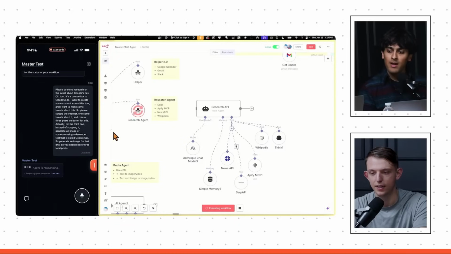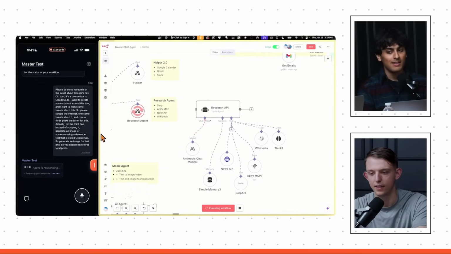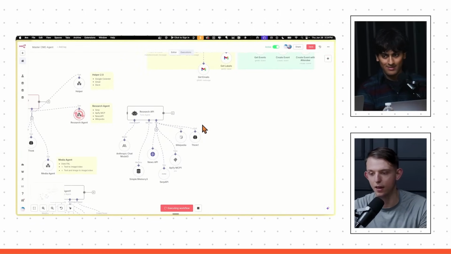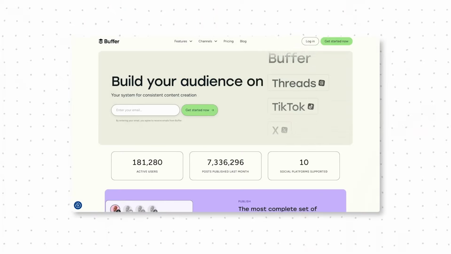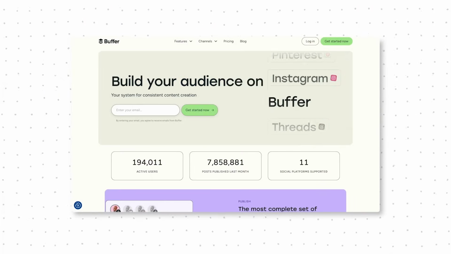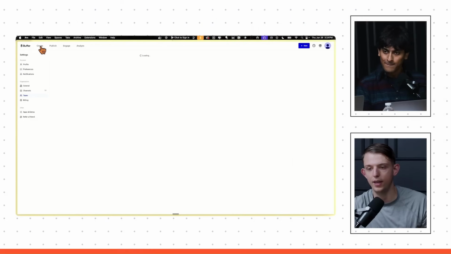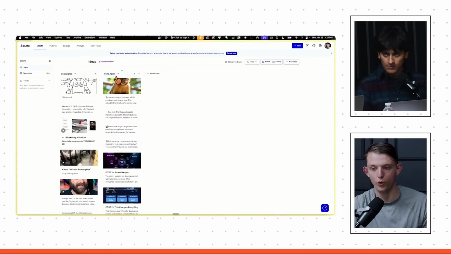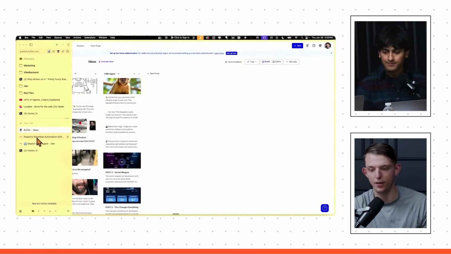You can get one API, but we went ahead and connected the MCP, which now has access to all 4,000 different APIs. So it may spend a lot of time on this research step, which is good, right? We're already saving a ton of time. We want this to upload it to Buffer. So Buffer is the tool that we use to manage our social media. And in Buffer, you can create ideas, right? And this is like the CMO group. And this is where the agent puts all of the posts. So it'll go there once it's done.